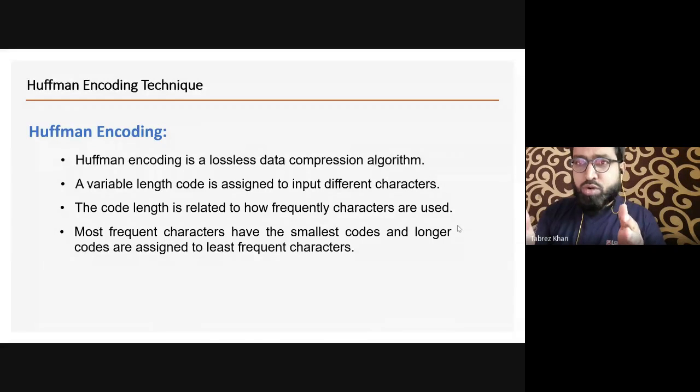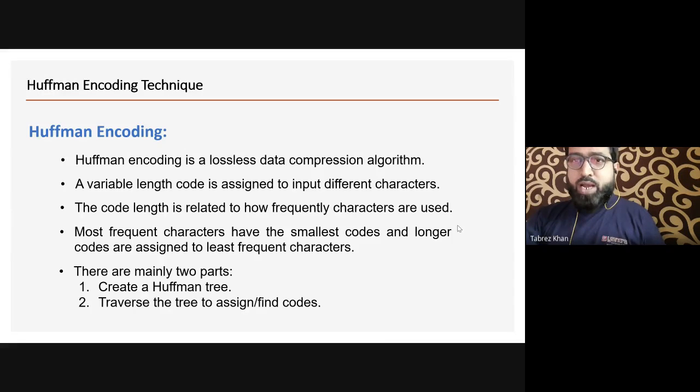Okay, so the character which is occurring again and again will have a smaller code, and the character which is not frequently occurring will be given a longer code. Okay,